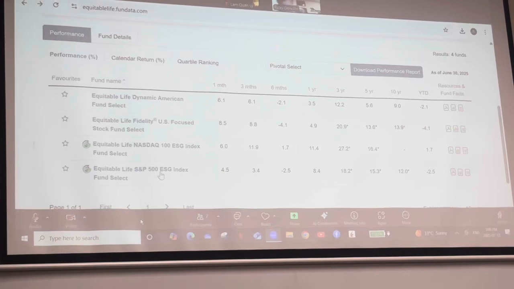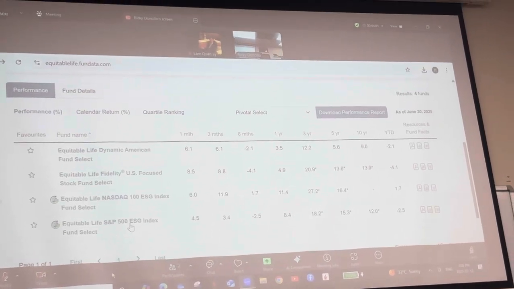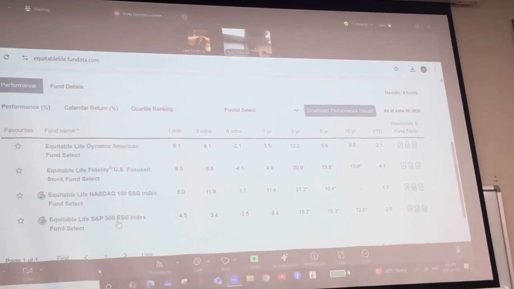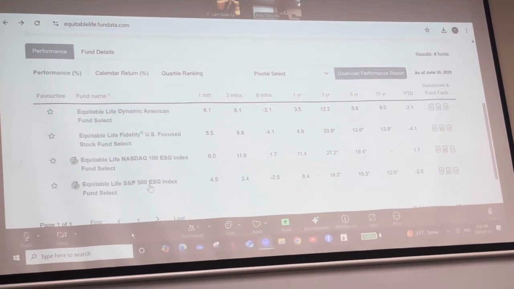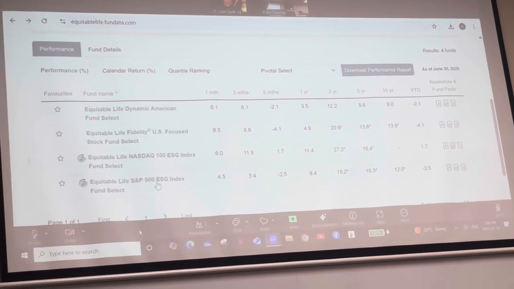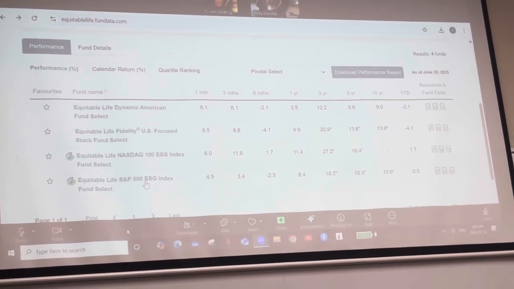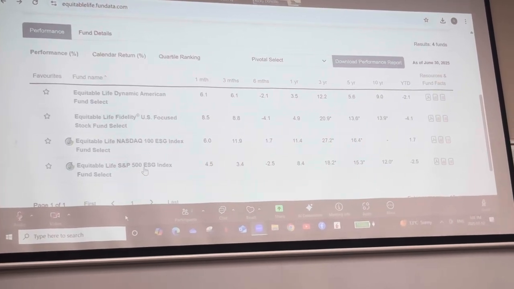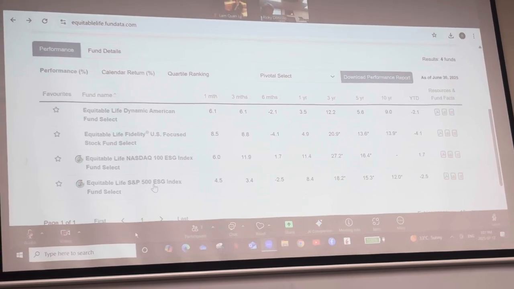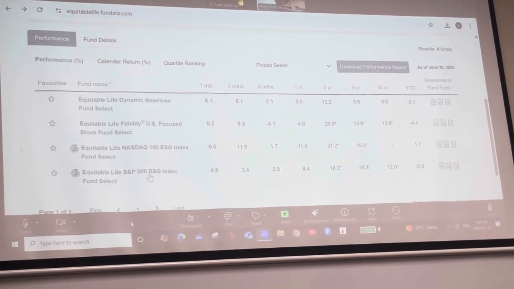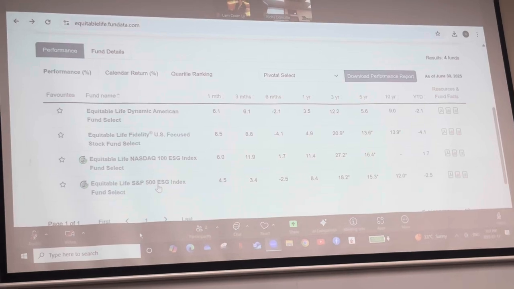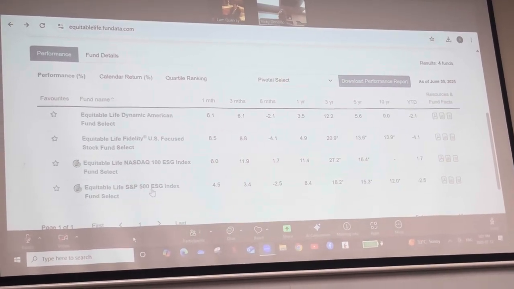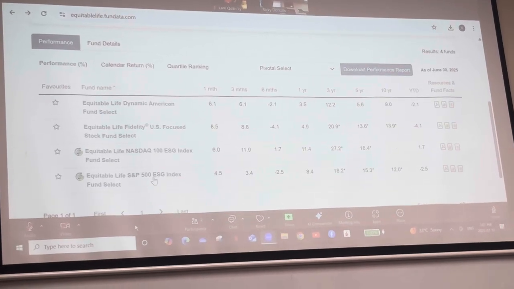ESG, environmental social governance. So that means those are the companies that are concerned about social responsibility, environment, and governance. Okay? So to be included in this index, first you need to be in the S&P 500 and you have to meet certain criteria. So not 100% of S&P 500 are included in ESG 500. Some may not qualify, or at least the rating or the weighting is not the same, but it's very close to the performance of S&P 500.